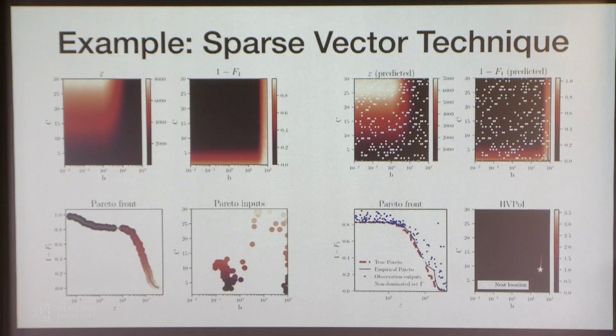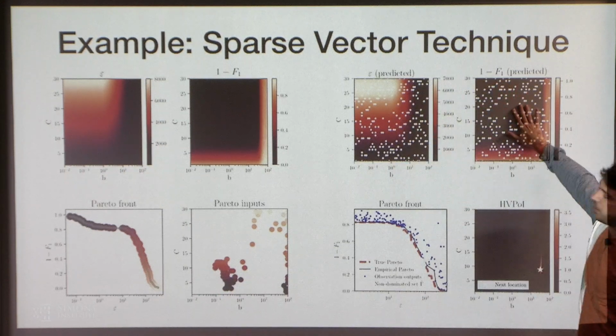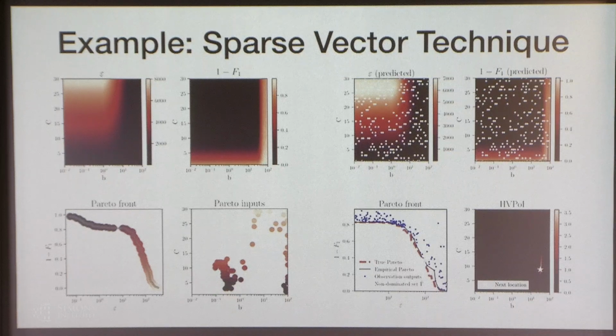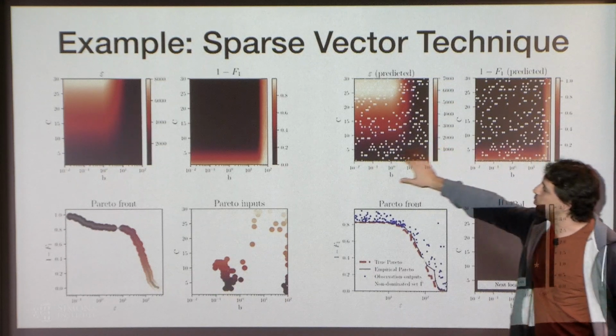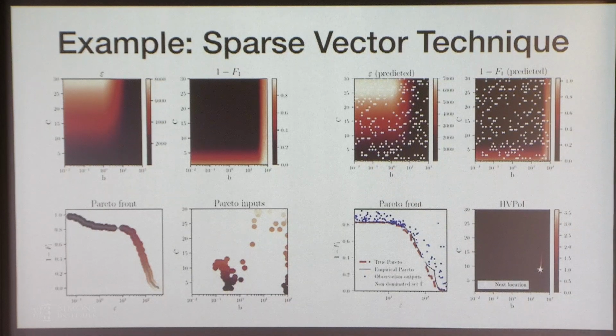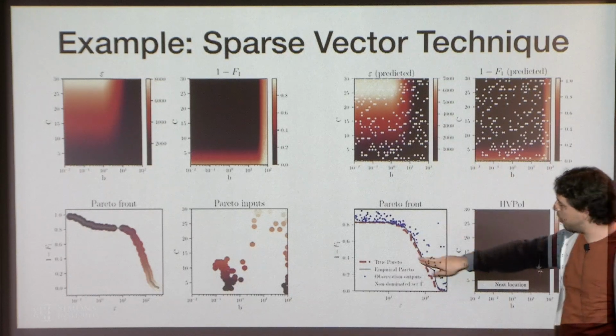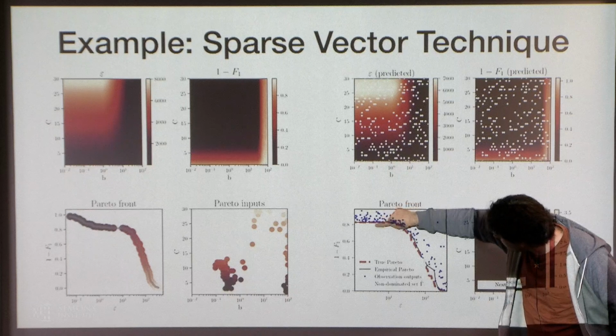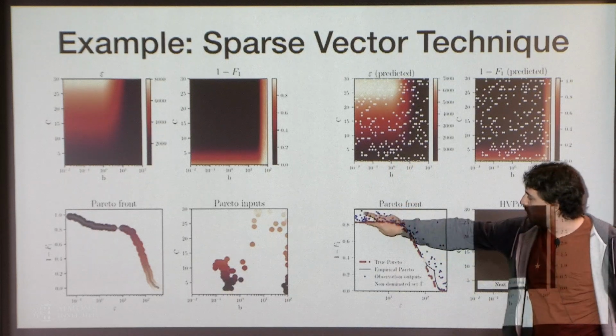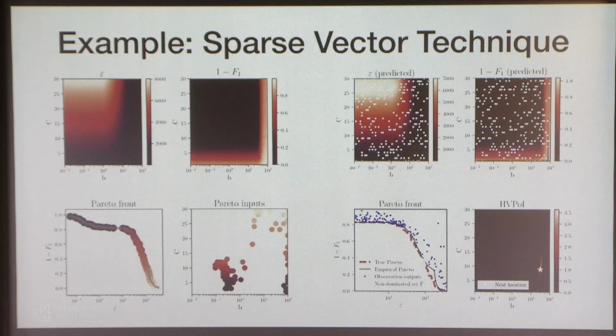So here I'm showing you what happens when we initialize with 250 randomly sampled points. These maps here are the results of the Gaussian process trained on this random sample data, which are starting to look very much like the true error and privacy oracles. And using these 250 sample points, we recover this empirical Pareto front, that is the black line here, based on these blue points in the error privacy space. And we see that it's starting to look very much like the true Pareto frontier.